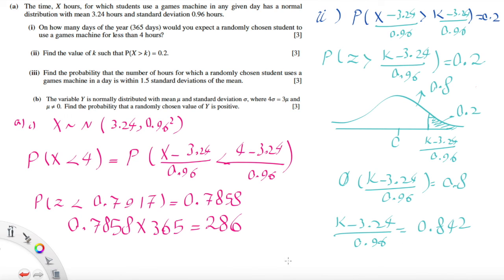Then if you do cross multiplication, k will be 0.96 times 0.842, then it's transferred to the other side, plus 3.24. Actually k is equal to